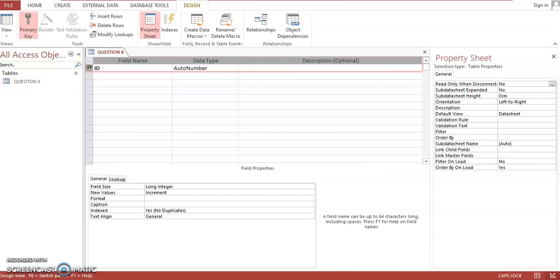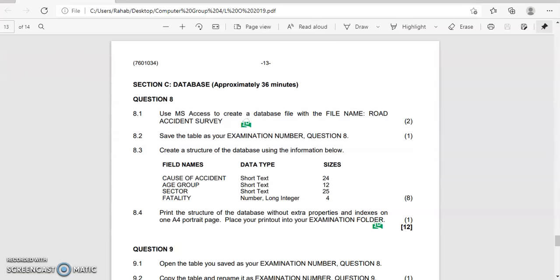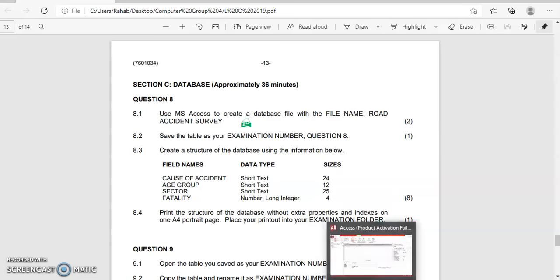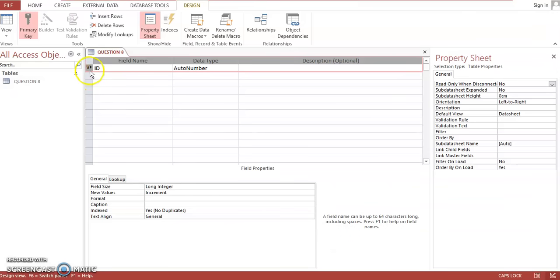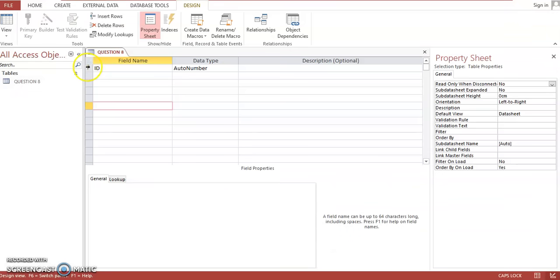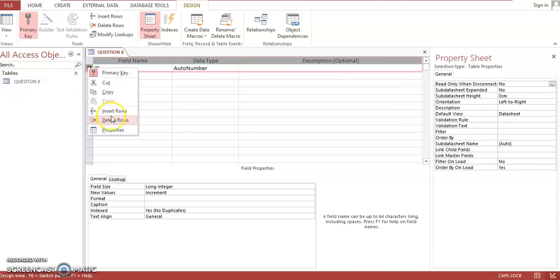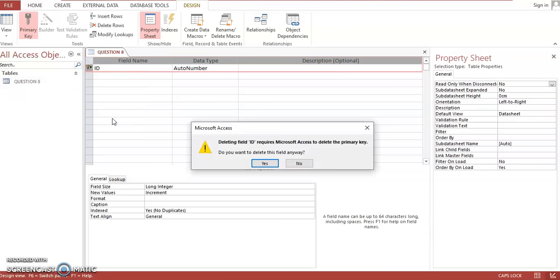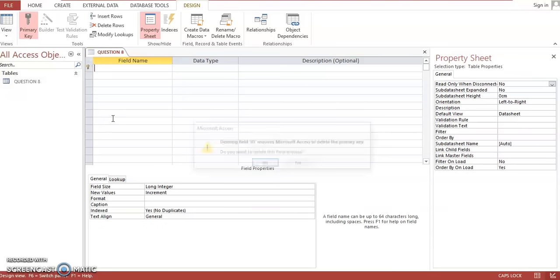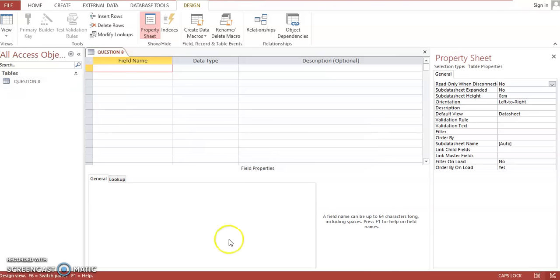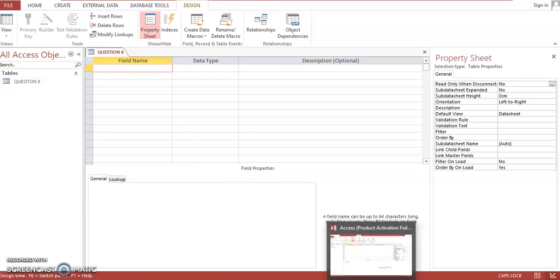Because the question paper doesn't say anything of your title names or title text or title numbers, in this instance we're going to delete this row. This is how you delete the row. Just going to delete the row. Alright, and then you can start with your